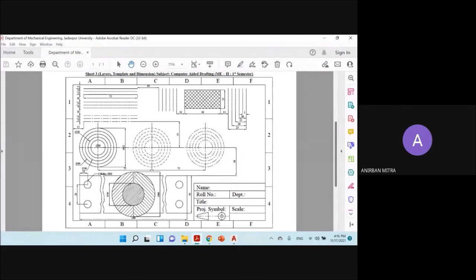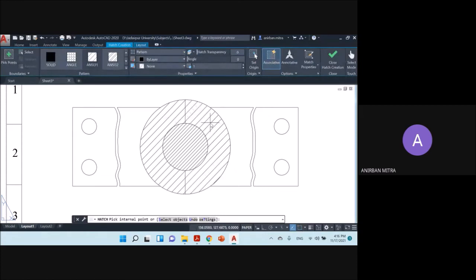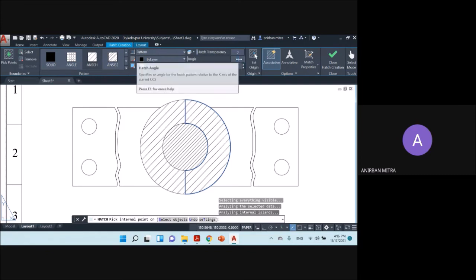On the other side, you can see that the orientation has changed by 90 degrees. So how can we do that? Go to hatch again, go to this side. Now this is continuous, means both sides have the same orientation, same alignment. But if you change this angle, this is the hatch pattern angle or hatch angle.